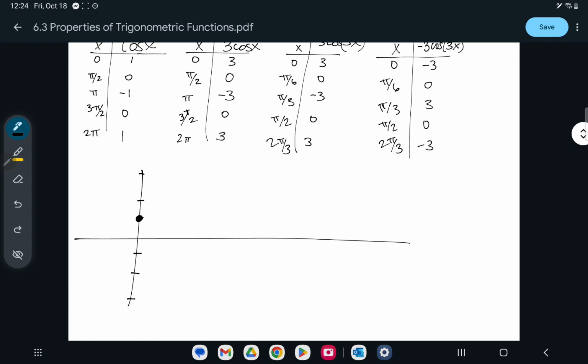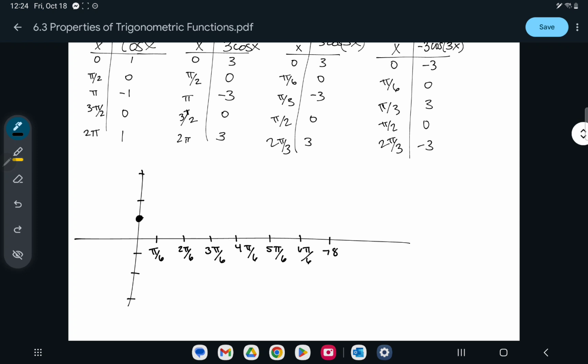And let's see, in the end, I'm trying to look ahead. The smallest denominator is 6. So I'll just go in 6s. So 1 pi over 6, 2 pi over 6, 3 pi over 6, 4 pi over 6, 5 pi,